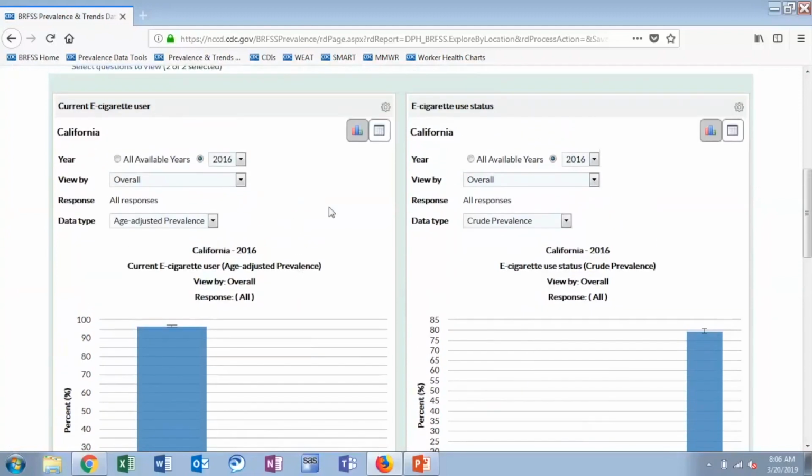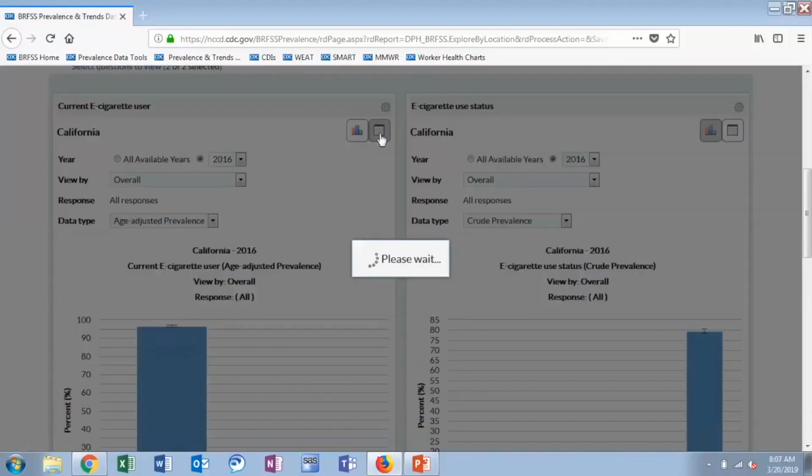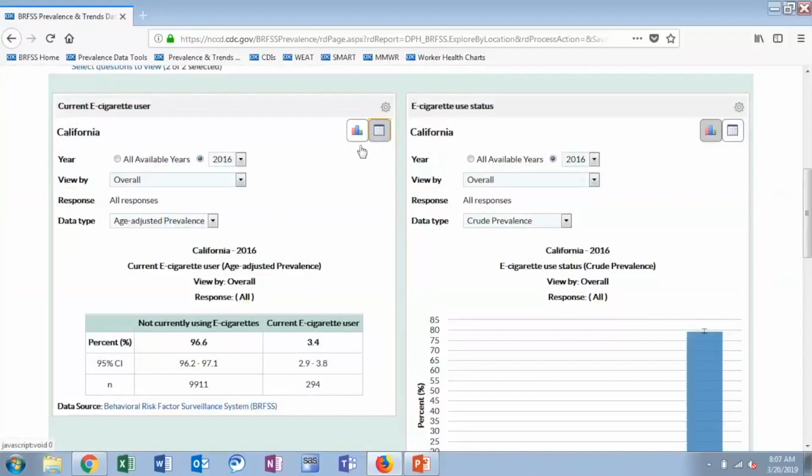First, you'll see in the top right corner of this graph, we can choose to display this information as a bar graph by clicking on the little bar graph icon, or we can adjust this to be a table by clicking on the little table icon in the top right. If you select the table option, your information will now be displayed as a numeric table. If you'd like to export the graph or table you've created, you can click on the little settings button up here in the top right corner, and you can save your creation as a PDF or export it as a